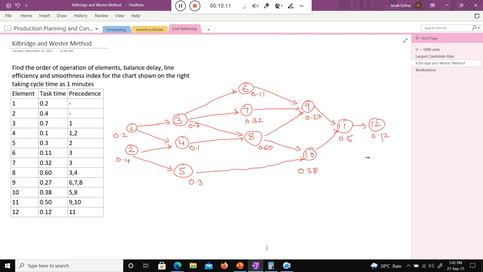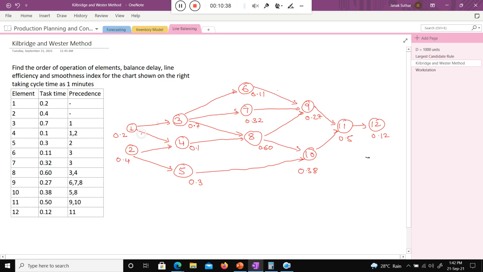So here the nodes represent the work elements which are provided in this question. Now when you draw this precedence diagram, please take care. You should draw it so that it looks like it is in one line.